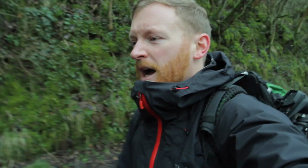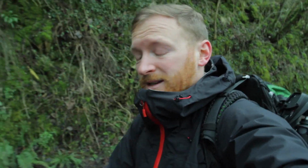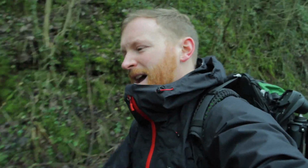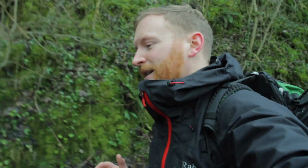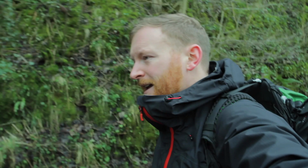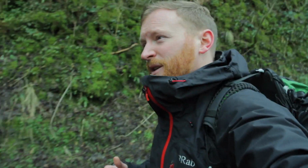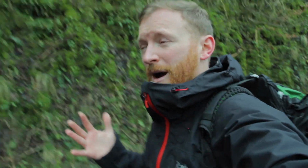It's an old railway line, so a lot of it is a cycle trail, but we're just on a section that road users use as well. The main aim of today is to wander down to Thor's cave, and I think it's been around about 4 years since I was last here, so it's nice to revisit. We've only got around about 4 hours, so I thought this would be the perfect place to come,